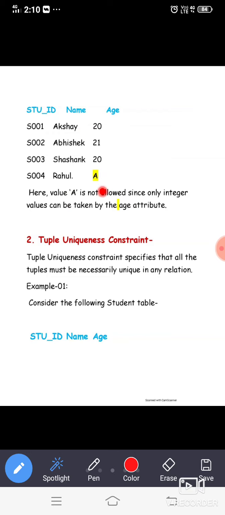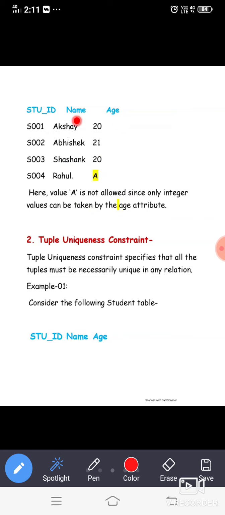But whenever you go to the third column, that is age, there is a problem over here. The age should be in the numbers like 20, 21 and 20. So the first three values of the attributes or the column age are okay, but the last attribute, that is a, is not okay, because this a doesn't belong to the age domain. Okay, domain is nothing but the set of values that should match with the name of the attribute or name of the column. Here a is not matching, age can never be a.